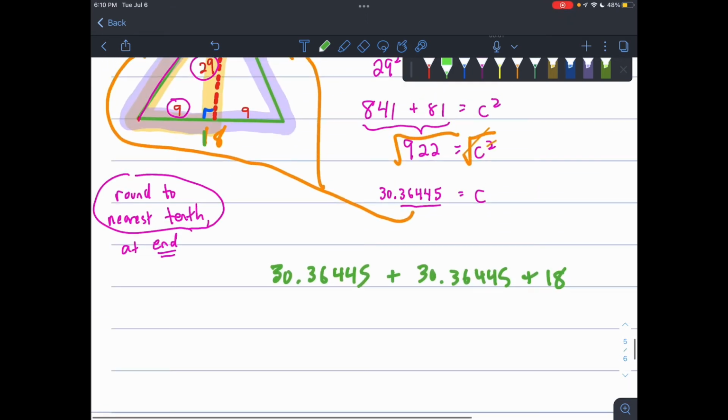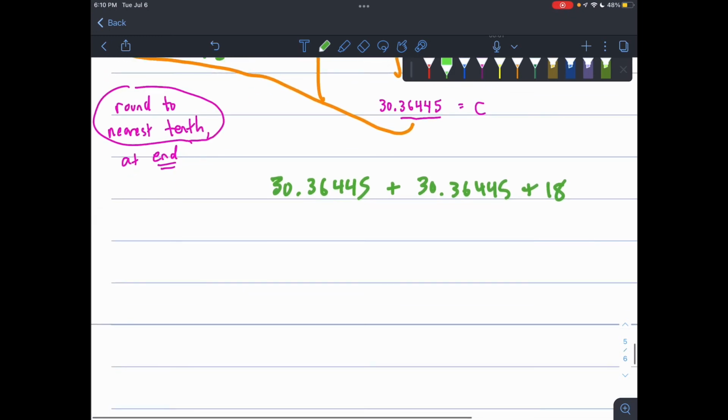That's this bottom one. Okay, so let's see what that gives us. 30.36445 plus 30.36445 plus 18, and we should get